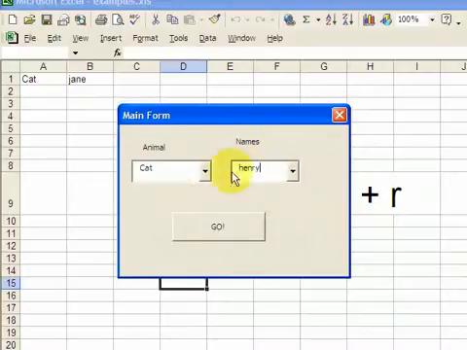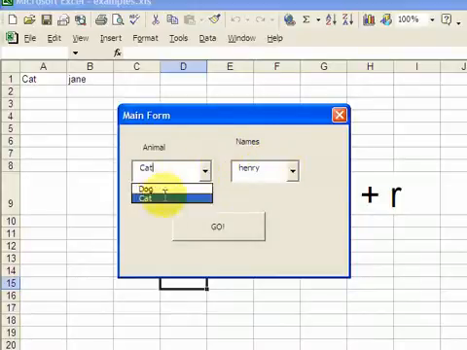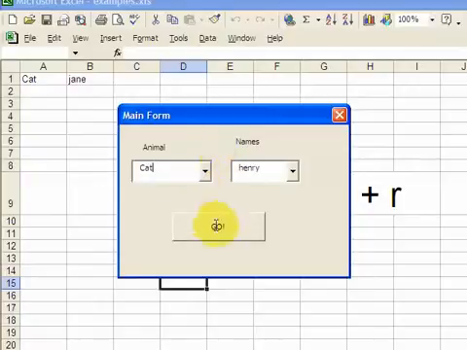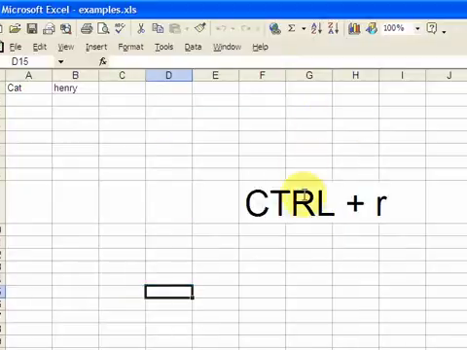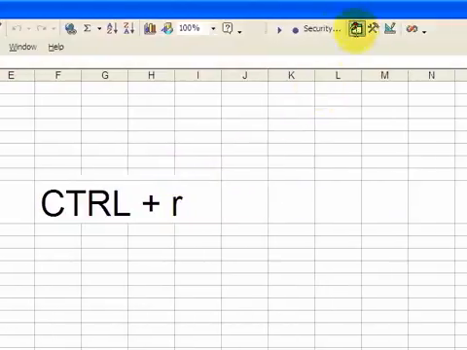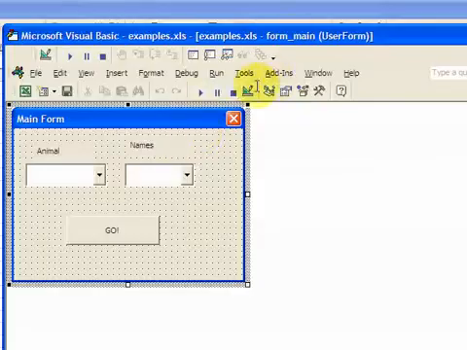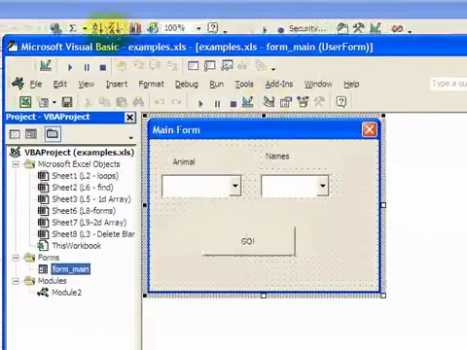So what's going on is this combo box of names is dependent on what you select in this animal combo box. And then when you hit go, it just puts the animal and the name in the cell on the worksheet. So it's an introduction to forms, it's an introduction to how to write code for the forms and exactly where to write the code. So let's first go into the Visual Basic environment and click on the